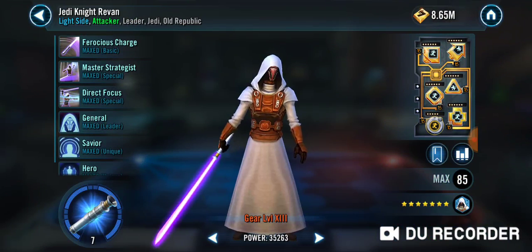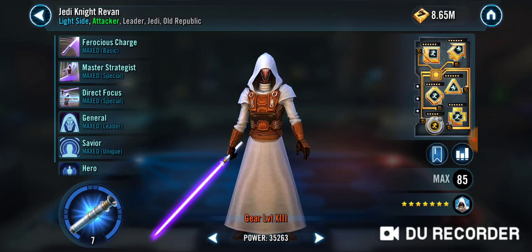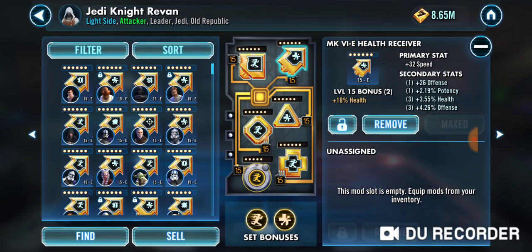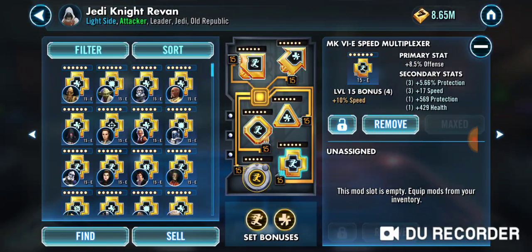Okay, so I think mine's pretty good. Well, it's up for debate. But speed and some damage. Now you see that I do have him R7 or tier 7. I put this 4.26% offense damage, critical damage with 3% offense damage, plus with